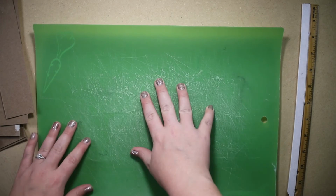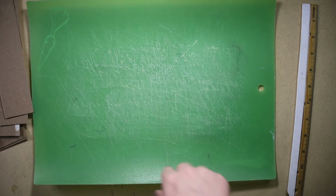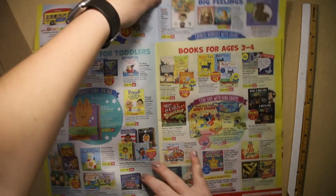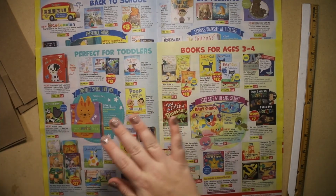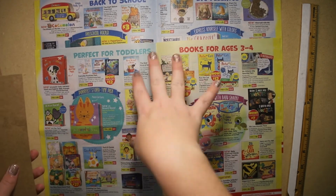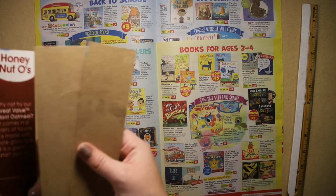I'm going to flip my cutting mat over because I don't have a glue space. Well, hang on. Alright, I put down these pages. I have friends that have been getting me scrap paper for this. Alright, so